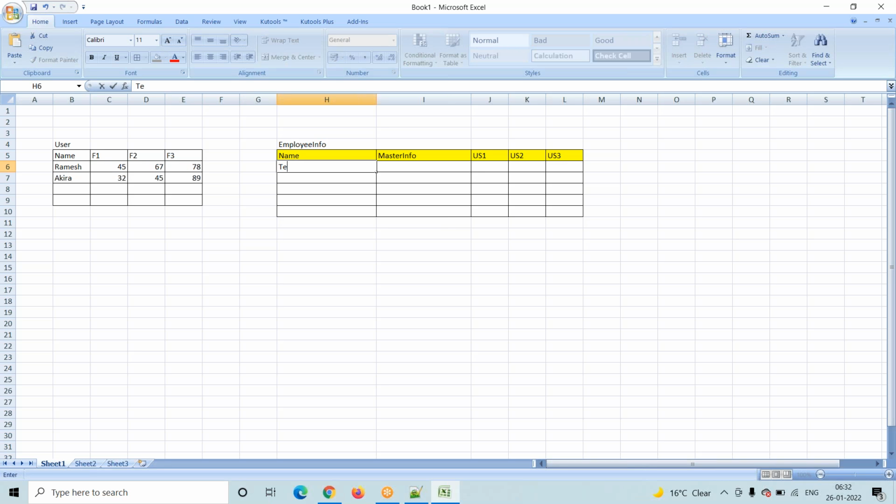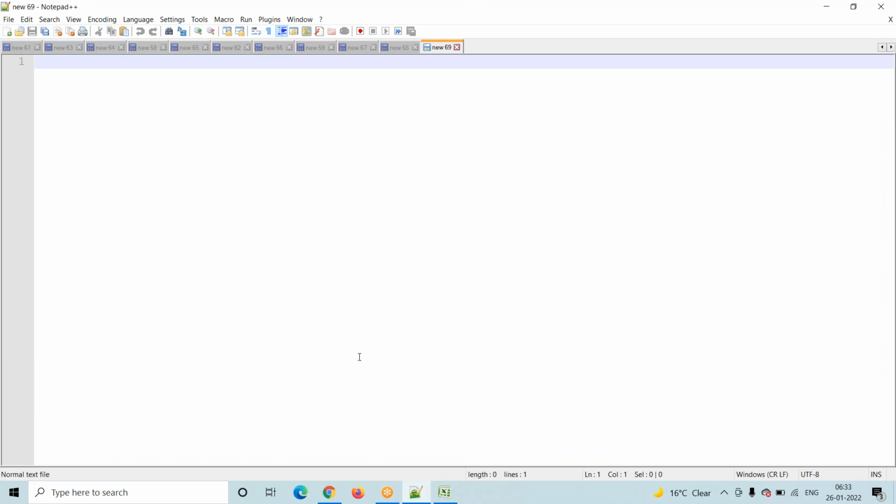I'm trying to create a new employee record. Suppose I select the user as Ramesh and click on the save button. Then this data should populate here. This is one thing. So while creating an employee record,